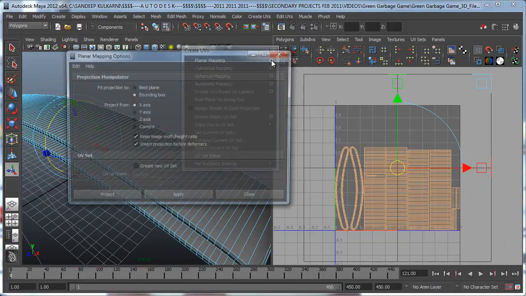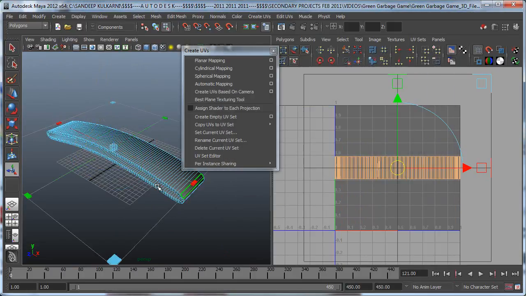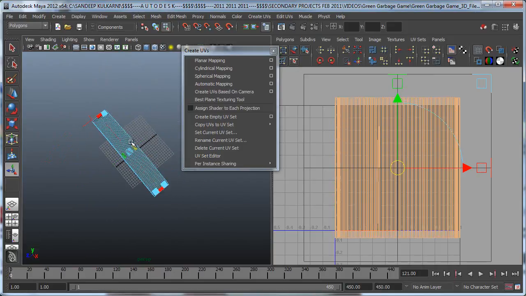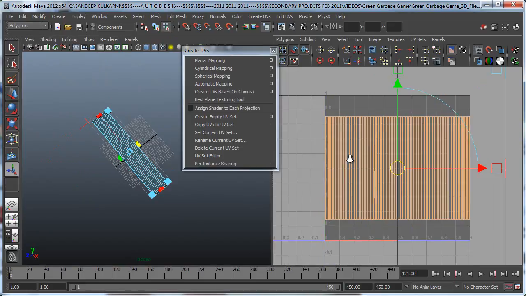So what I'm going to do instead is do a simple planar map from the y-axis, since the y-axis is pointing up, and everything else remains the same. I'll do project. So this is my planar map right from top. I can even scale it down if I want to, and you can see how the UVs are scaling over